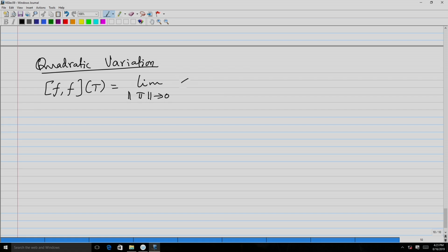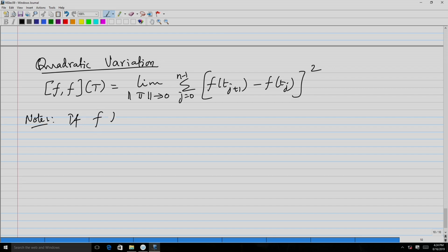Whatever condition we stated earlier for the first order variation remains the same, but this quantity will now be given by the sum of f of Tj plus 1 minus f of Tj, squared. In the first order variation, we looked at the absolute value of the difference in the function at subsequent points in the partition. Now we are looking at the squared differences. This is what a quadratic variation is, and it can be shown easily that if f has